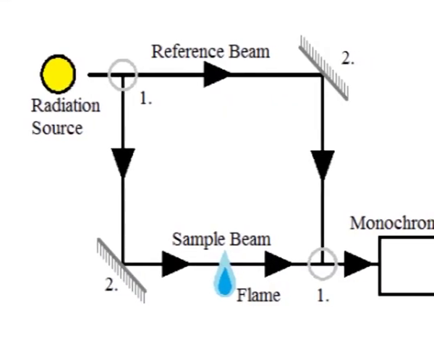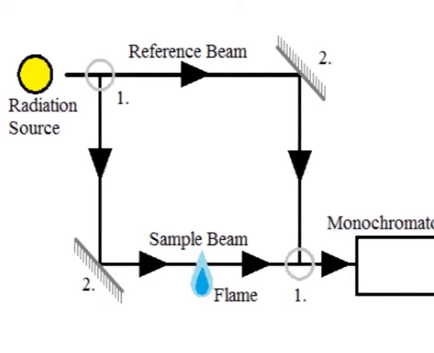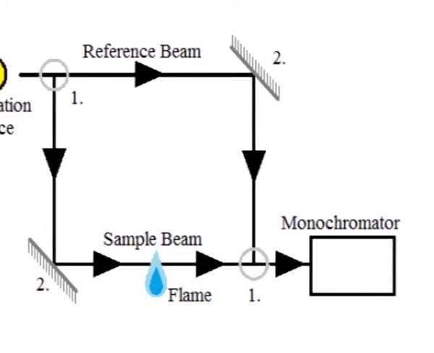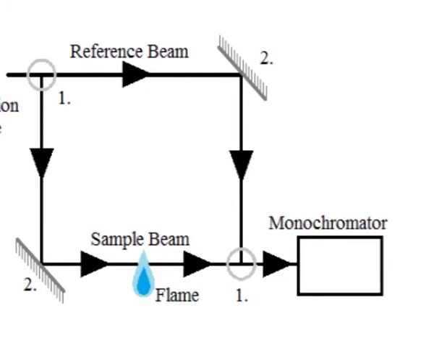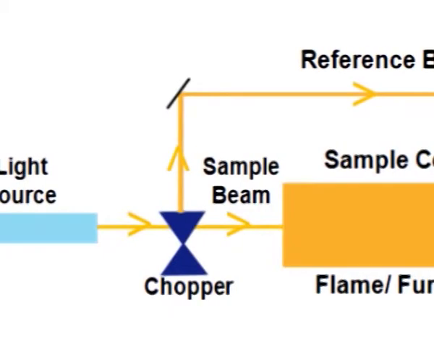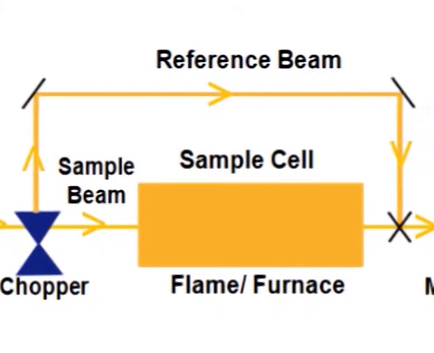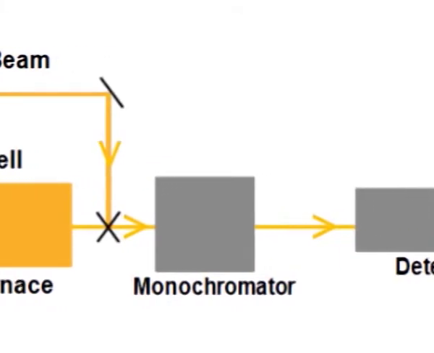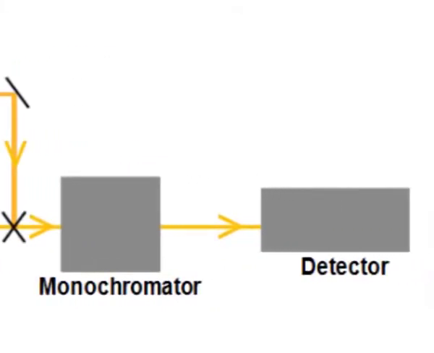The light beam from the source is split into sample beam and reference beam by the mechanical chopper. The reference beam monitors the lamp energy, whereas the sample beam reflects sample absorption. The observed absorbance measurement is the ratio of the sample and reference beams, which are recombined before moving to the monochromator. This arrangement compensates the effects due to drift in lamp intensity, electronic and mechanical fluctuations which affect both the sample and reference beams equally.